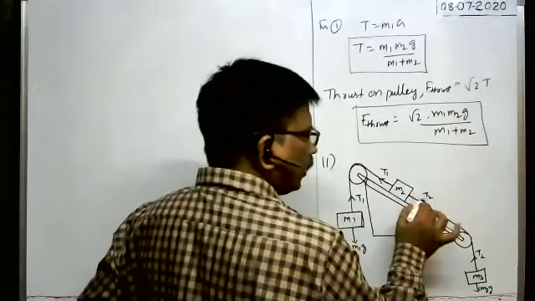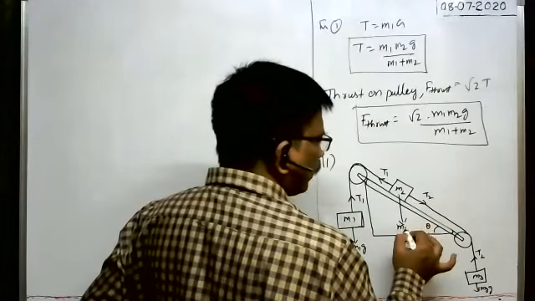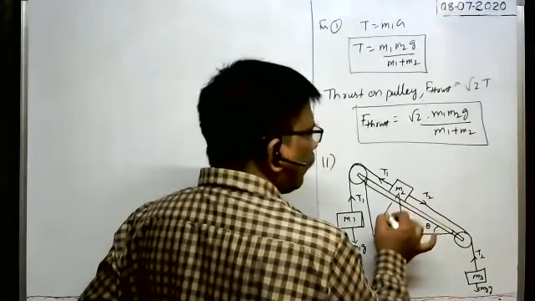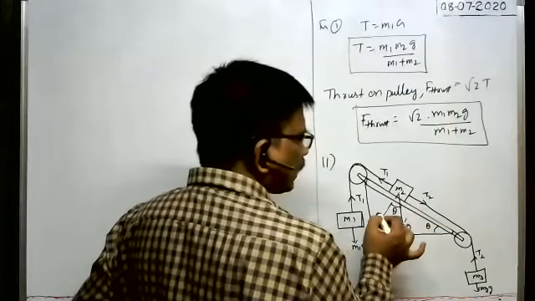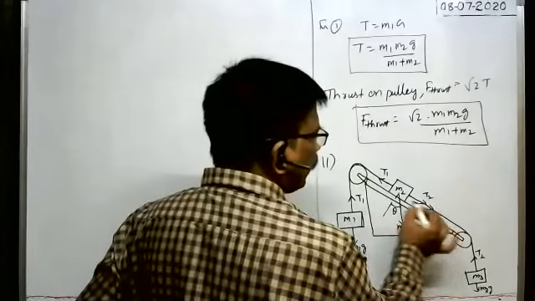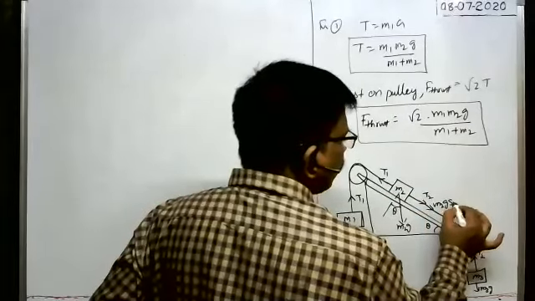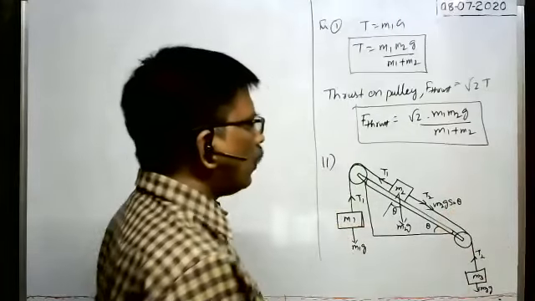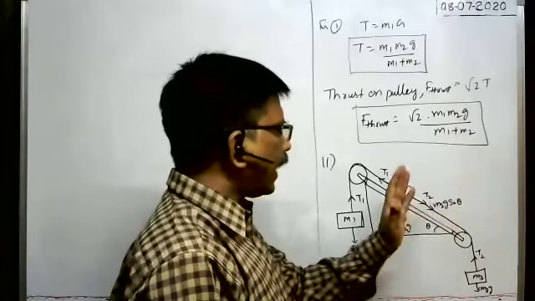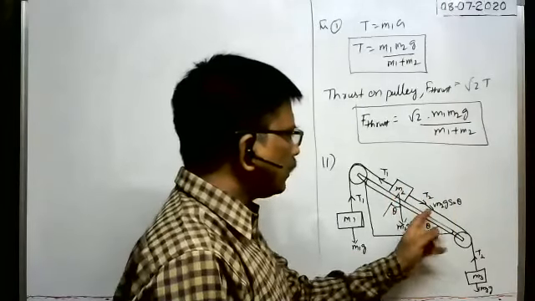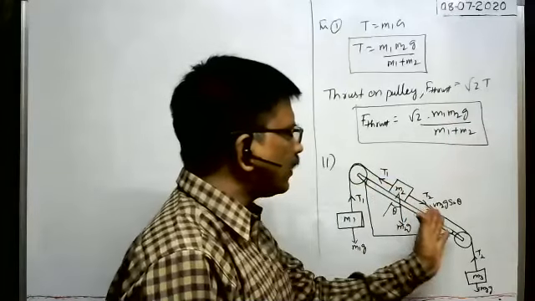No doubt tension T2 acts. At the same time, weight M2g acts vertically downwards. Their component, if this angle is theta, of course this component is M2g cos theta. This component here, the weight component along the inclined plane, is equal to M2g sin theta. So on this block along the inclined plane, M2g sin theta force acts, T2 acts. These are the only forces. Three forces act on the block along the direction of its motion.